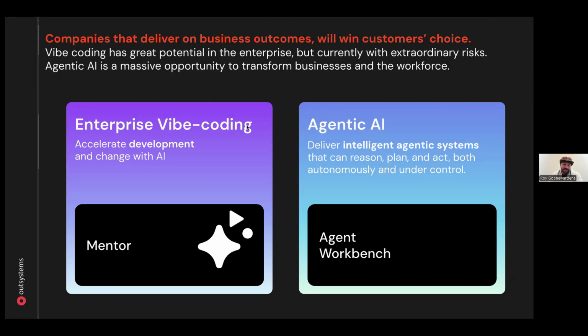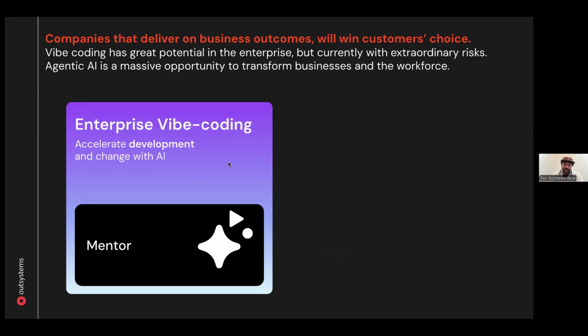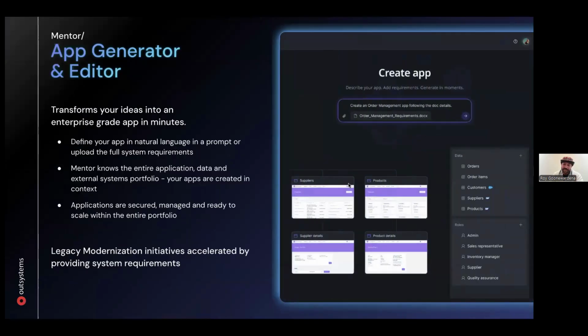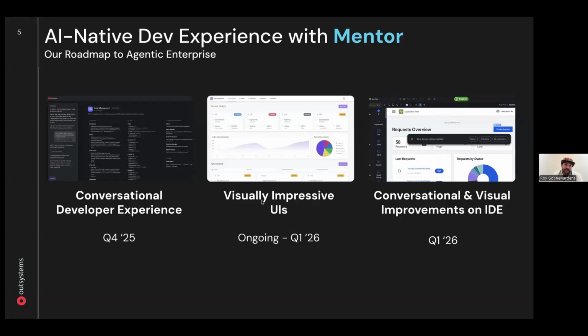So one of the things that we've been constantly hearing about is the whole enterprise-wide vibe coding. People are generating lots and lots of code from just asking simple text. We are also catching up with that very fast. One of the things that we have also released recently, as you already saw with what they've presented with Mentor, is that you just give a specification and some text, and it would generate a bunch of screens and tables and attributes that you can then modify and further enhance. But we want to take this to the next level.